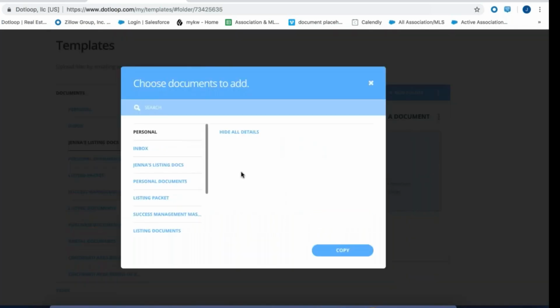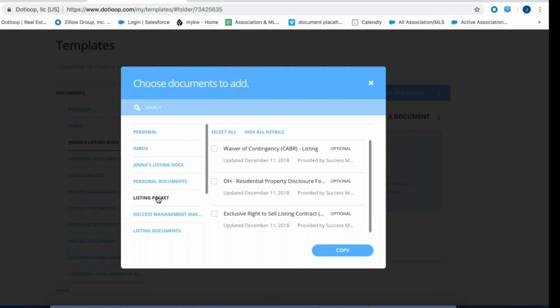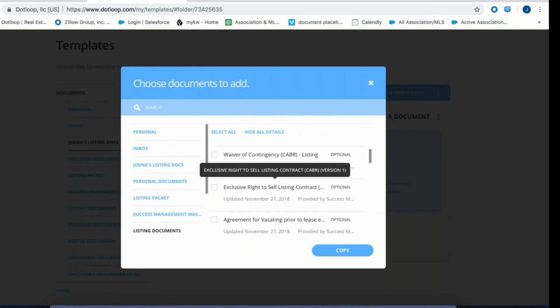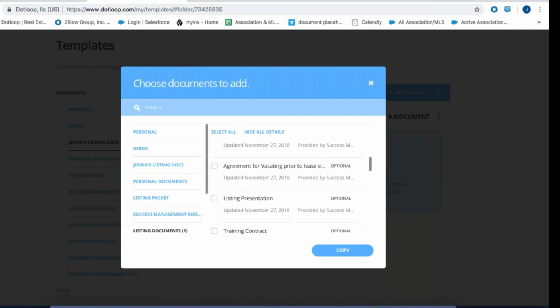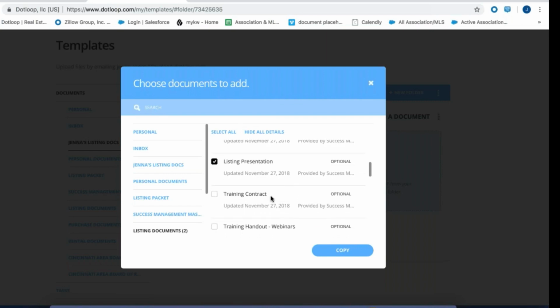So I'm going to click on templates. And again, the documents I need are in the listing documents folder that my brokerage has available for me. I just don't want all of them. So the only ones I want in here are exclusive right, listing presentation,